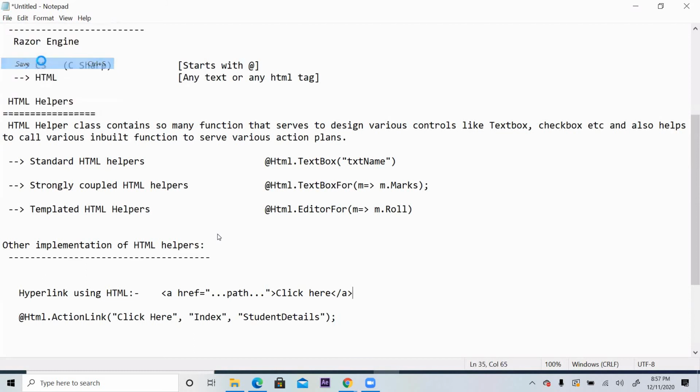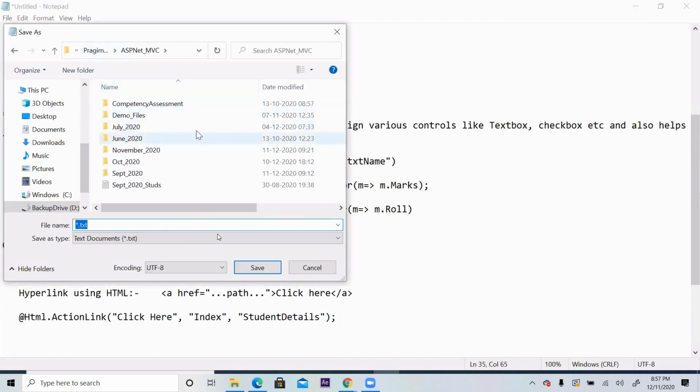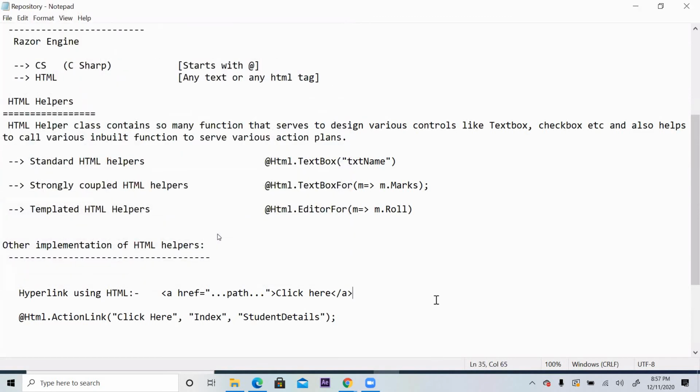Yeah, for the strongly typed HTML helpers, do you have to make sure the property names don't clash, or since the MVC, the model, view and controller are tightly bound, it doesn't matter even if the property name is the same across models? Can you repeat the question again? Like for the strongly typed HTML helpers, you put m such that m.marks. I have to make sure that marks doesn't exist in two models, or it doesn't matter because each view goes to a different model, so I can have marks in two different models.